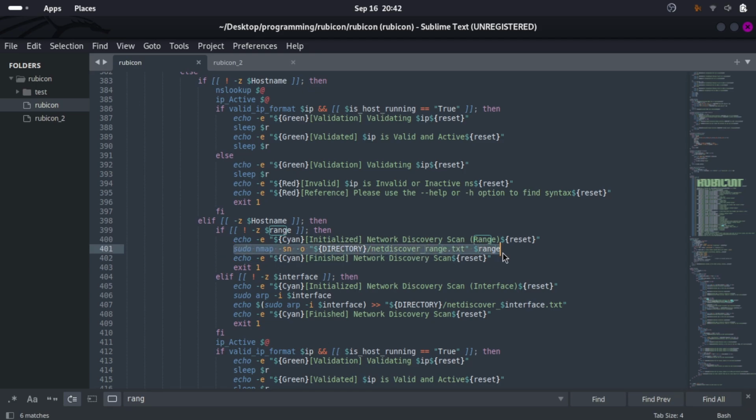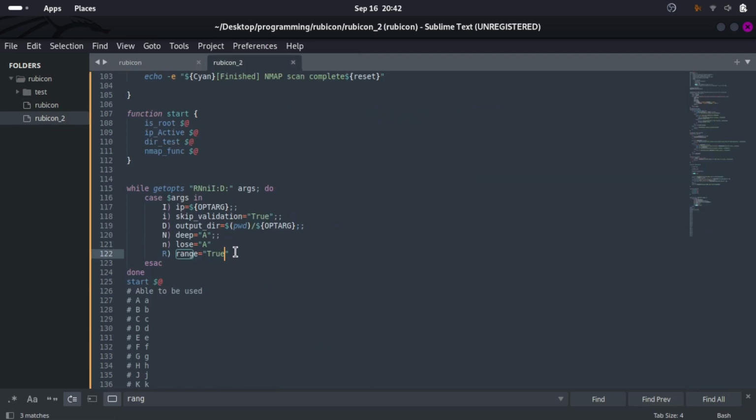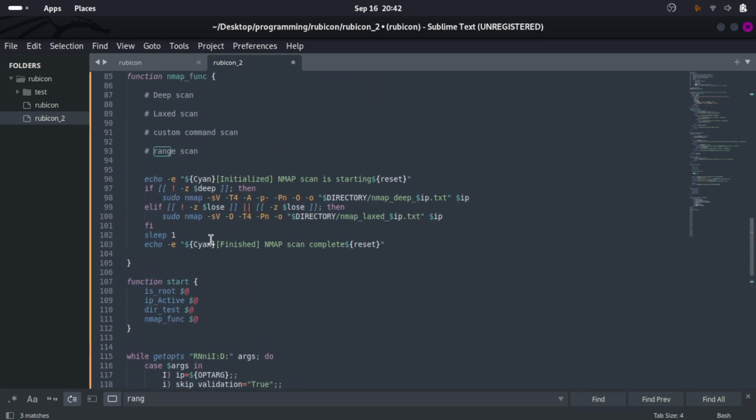Here we go. It just happens right here. So we'll do if range not empty. Yeah. So range is going to equal optarg, and this baby is going to be like that. And let's just get into the habit of adding these. So now that all of that is done,